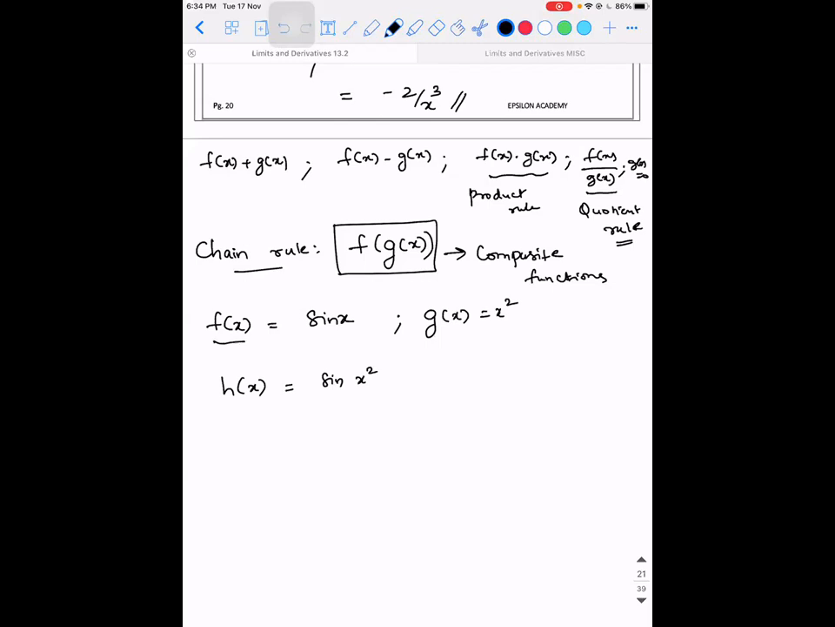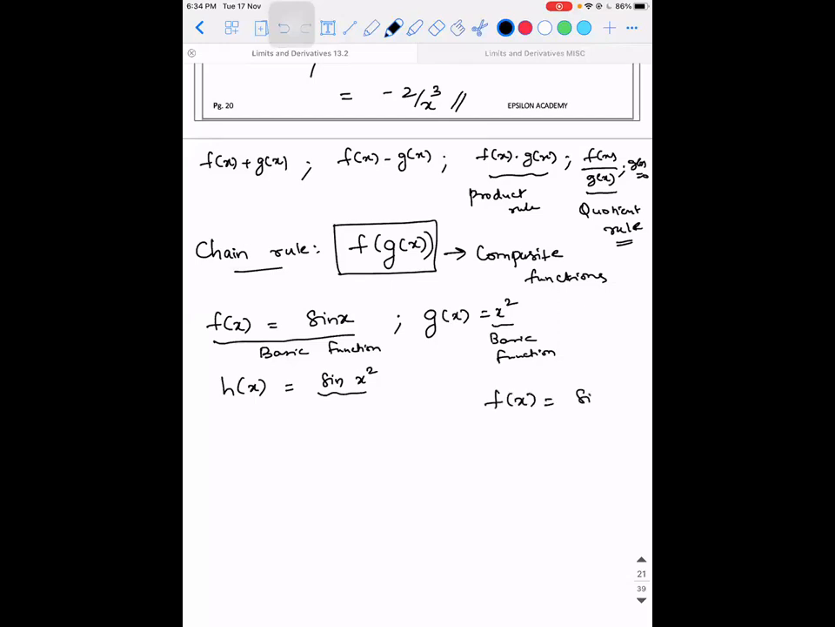See, f of x is sin x. It's a basic function because you have sin x in your basic function. G of x is equal to x square is also a basic function, right? If I see what the sine of x square is, see,